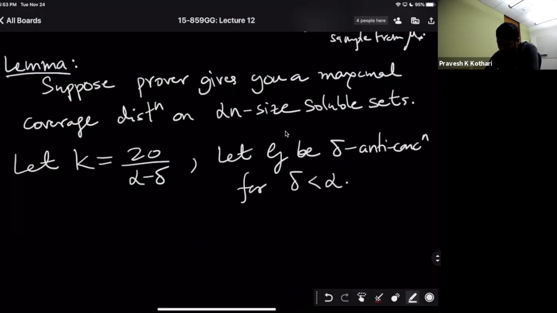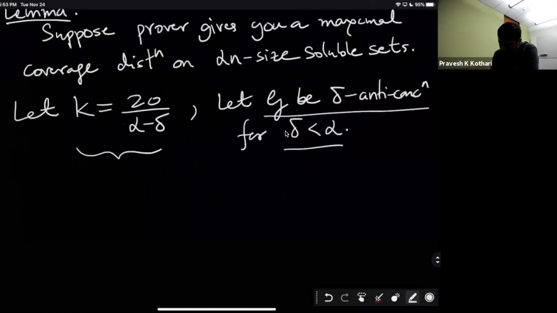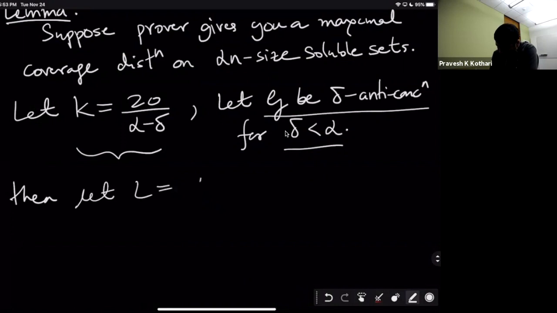So I set this as a bound, and I'm assuming that G is delta anti-concentrated for delta strictly less than alpha. Now let me describe the process. Let L equal L1 through Lk be produced